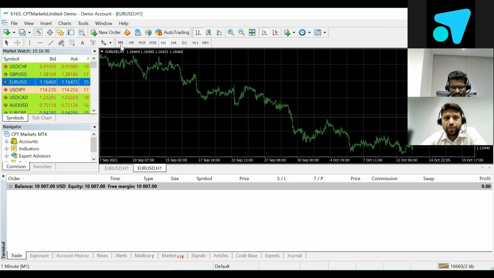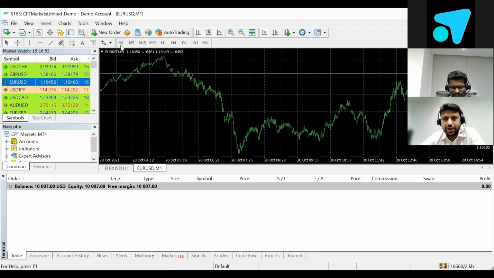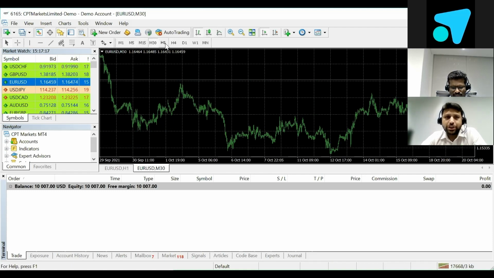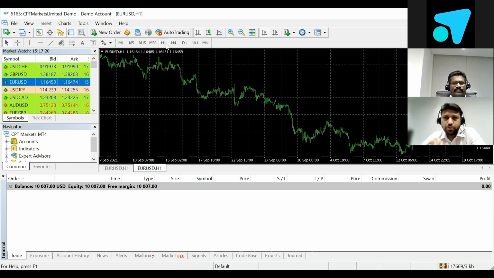Every trader has their own pattern to analyze. Someone will use M1 if he's a high frequency scalping trader, and for 10 cents, 15 cents he wants to close the profit quickly. They will go for 1 minute to 5 minute charts, whereas a long-term trader or a mid-term trader who would like to hold the position for a minimum of 1 day to 1 week, or maybe 1 month, usually prefers 30 minutes to 1 hour graphs to make an analysis of the product. The detail of the technical analysis we will cover in our next webinar.